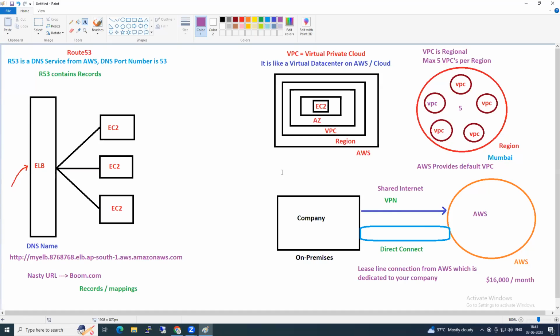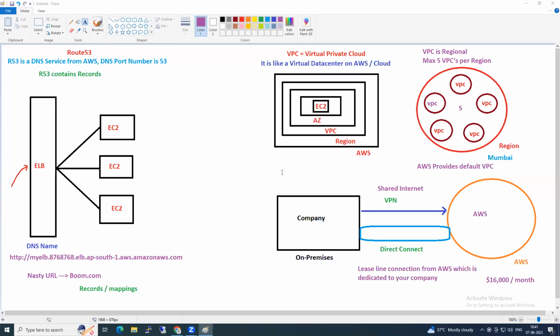If VPN is private, what is the need for a Direct Connect? That's what I already said. You know the answer? The question here is, if VPN is private, what is the need of Direct Connect? VPN is still private, but in the backend, is it dedicated or shared? Shared. Using one pipe, you have so many connections inside it.